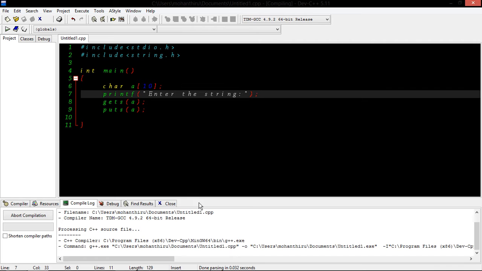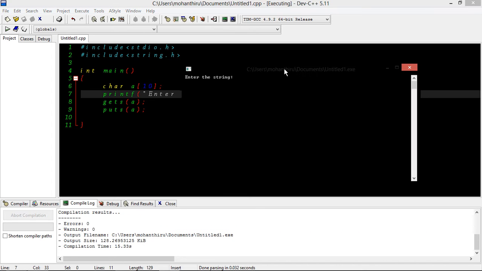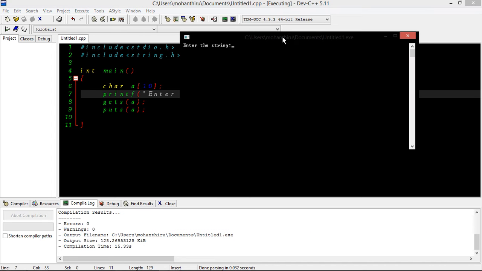Next we are going to get a character through the getchar function and print the same through the putchar function. We have to enter a string, let it be rock, and the gets function gets the input from the prompt, which is from the keyboard, and saves it in a variable a, which is nothing but a character array, and puts the same through the puts function. And now we can use